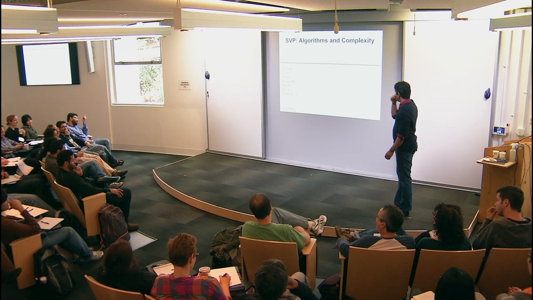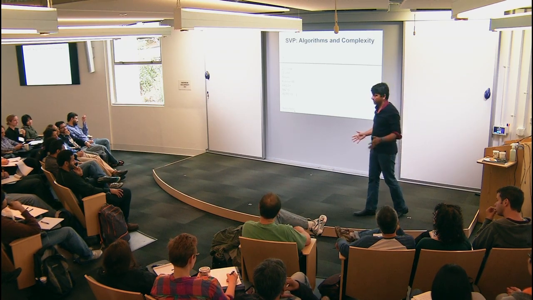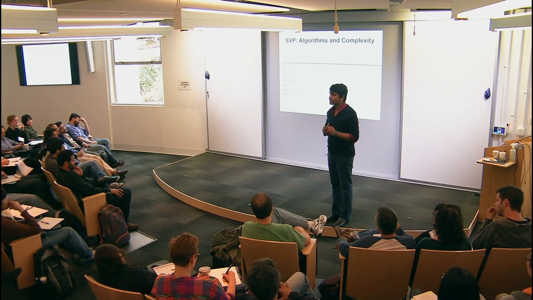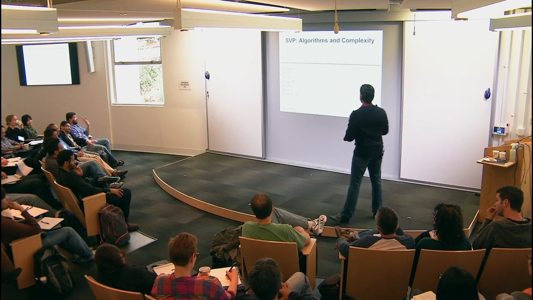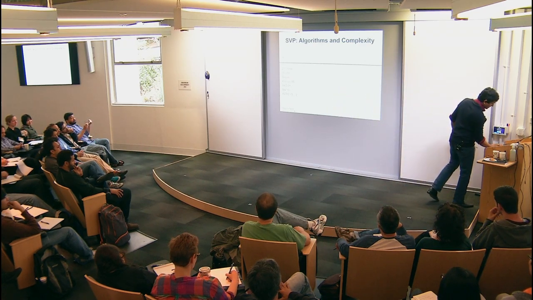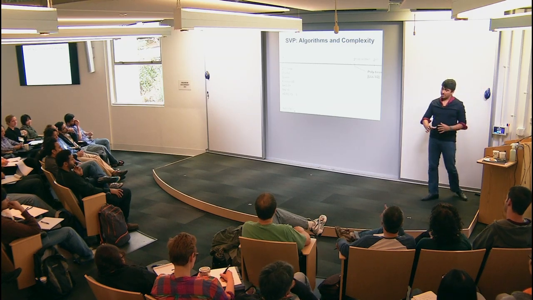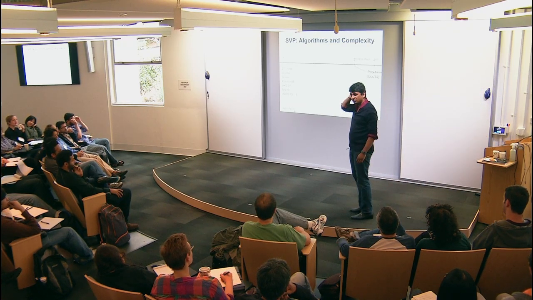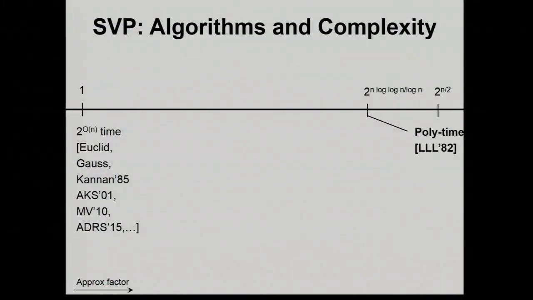Okay. So lots of work still ongoing, very exciting area, but the best known algorithm runs in 2 to the n time. So that's for exact. How about approximate? Once you increase the approximation factor all the way, let's say, to 2 to the n over 2, right, about 2 to the n.